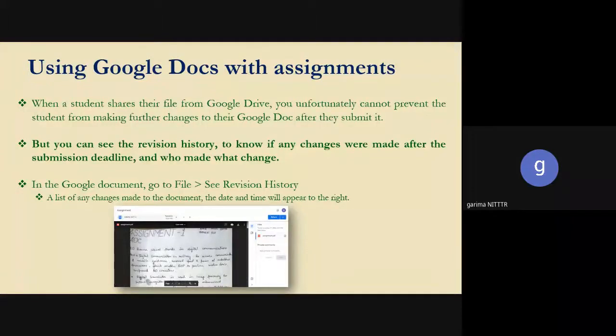So they can change. You cannot stop them from changing, but you have the provision to see the revision history, at what time or on which date they have made changes after the due date or not.